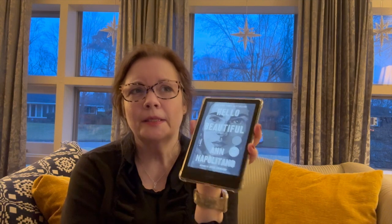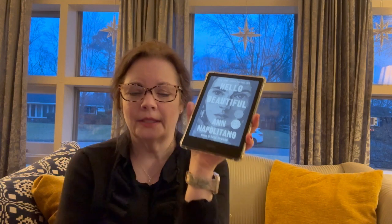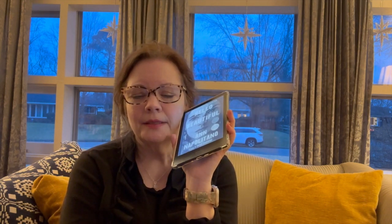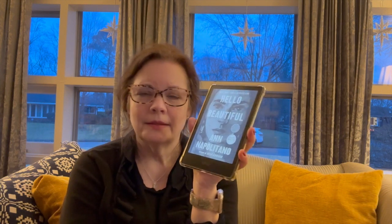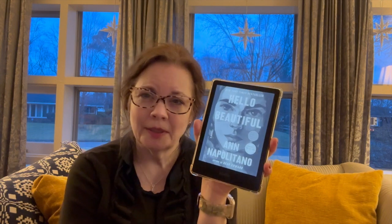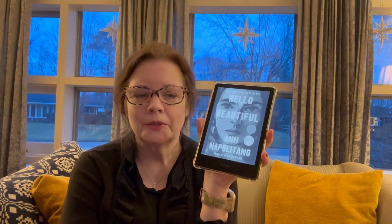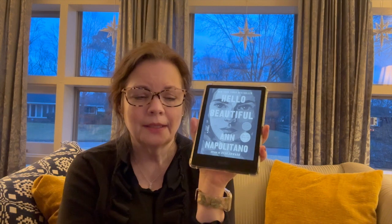But this is about William, and it opens with him growing up and his background. And each chapter is a chunk of time. So it gives you at the beginning of the chapter what years it's concentrating on. And he grows up in a household where before him, his sister had passed away very young. And it was just such a very obviously sad situation, and it turned the family into a bitter and despairing household. So he grew up very lonely,